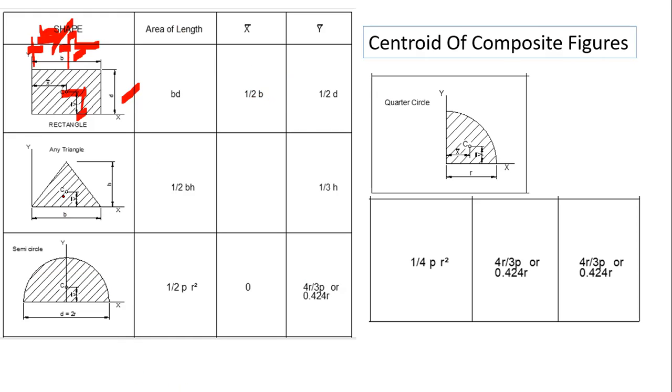For a triangle, you have one half BH, where H is the height. If you have this kind of triangle, it's easy to identify the centroid here. It is just X over 2 for this kind of triangle. Similarly, for a semicircle, you just need to identify the height, which is your radius. And for a circle, it's easy because the centroid is just at the origin of a Cartesian coordinate system, in the middle.